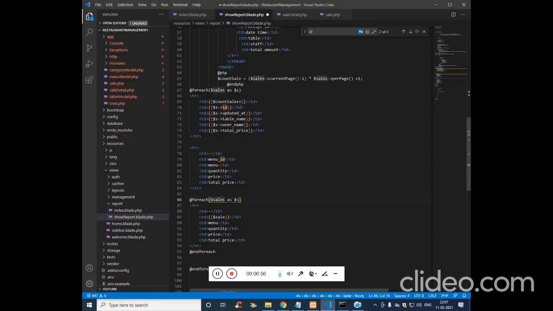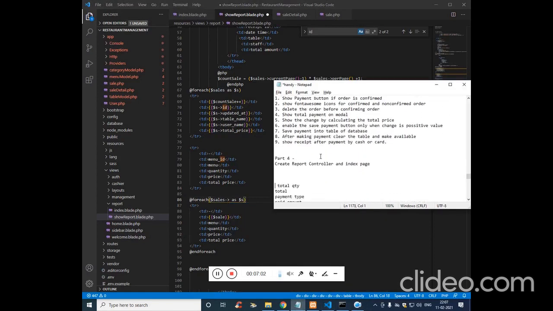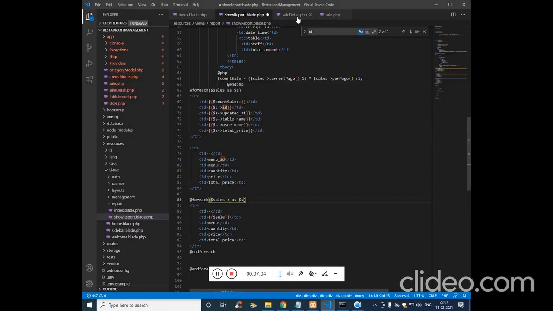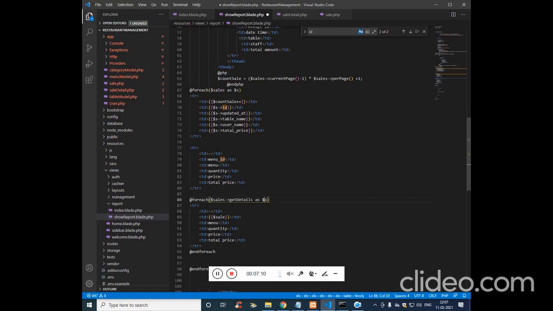So here we'll add the function name, which is sale details, or this one, and with this variable sale details sd,